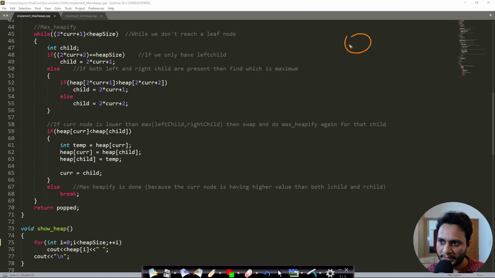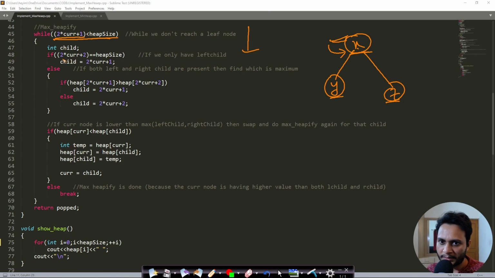In order to max heapify an element, what are the conditions? In this case, if an element here is x and this is y and this is z, then if you want to max heapify this element, what should be the condition? There should be at least a left child or a right child. So 2 into current plus 1 less than heap size means there is a left child. This current node is not a leaf node. We will stop max heapify if we reach a leaf node. So this checks for a leaf node. If we are not at the leaf node, we will proceed with the max heapify.